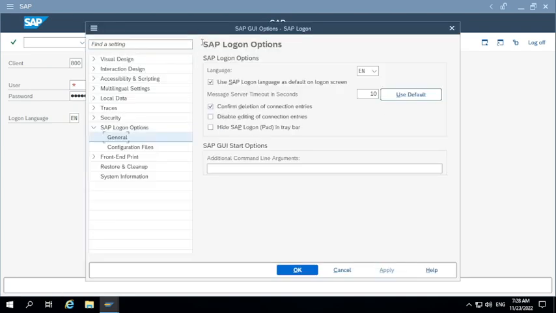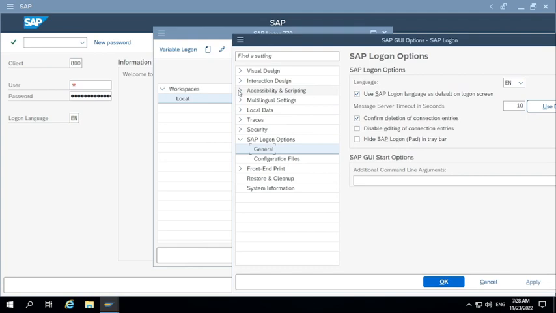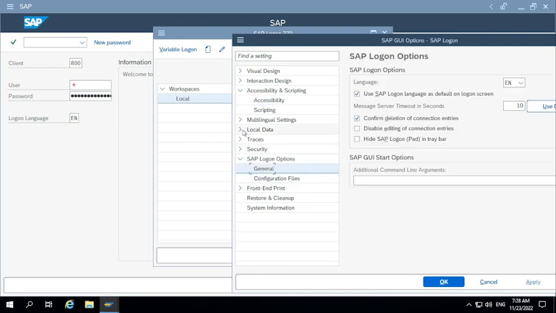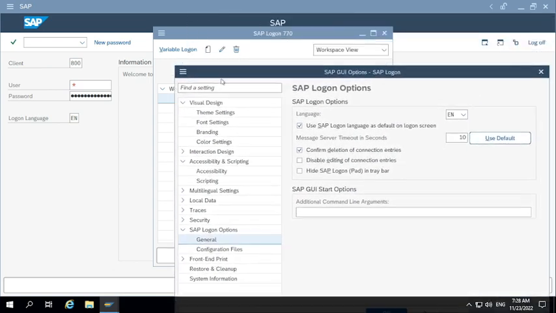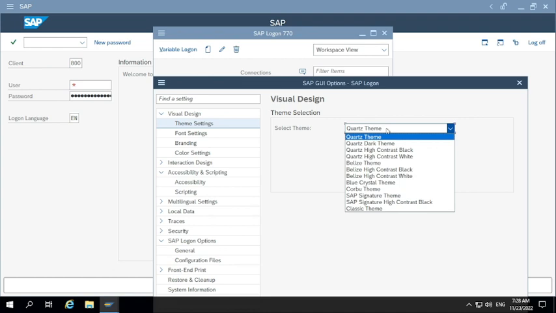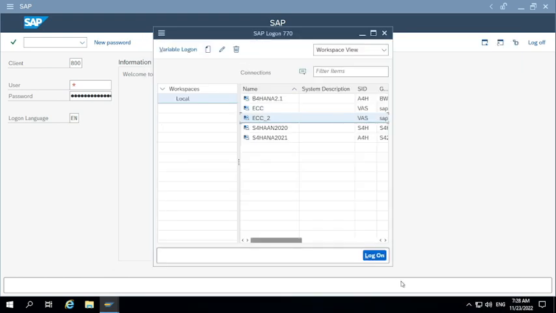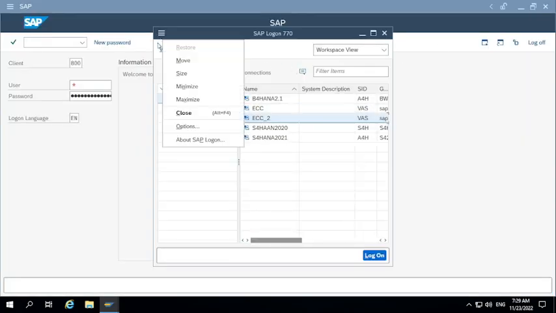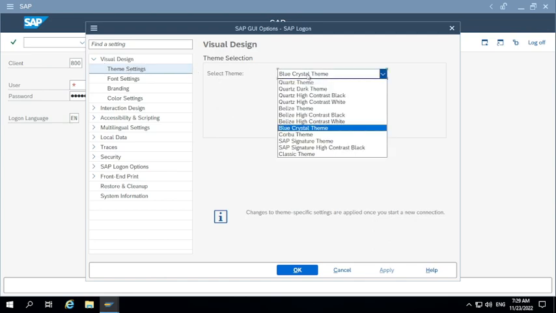Here in options, in GUI options, we have, where is it, accessibility, I think. Yeah, visual design. We have it in visual design and go to themes. What is the theme that we have here? Quad theme. There is, let's try this blue crystal. Now it's changed, right? So now it is displaying in a different theme. If you go back to quad theme,